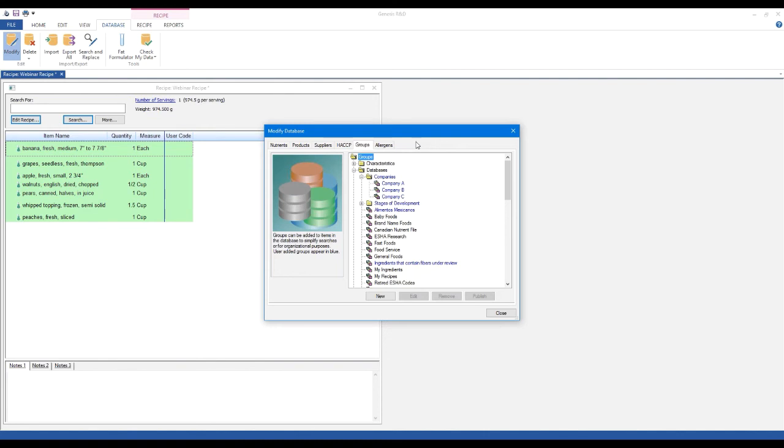And then finally with groups, if you have the Genesis API, groups are really a mandatory piece of the API. There is a publish button here. Any group that is published, the Genesis API can pull information from. If a group isn't published, then none of that information can be pulled out. Or if you have a recipe that's not in any groups at all, then the Genesis API has no way